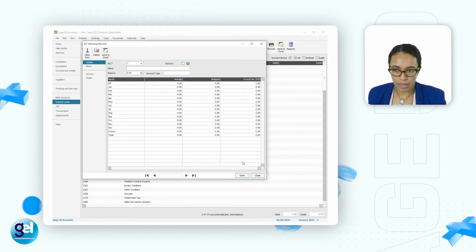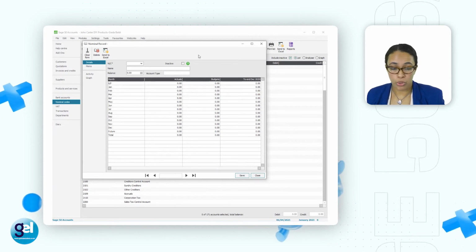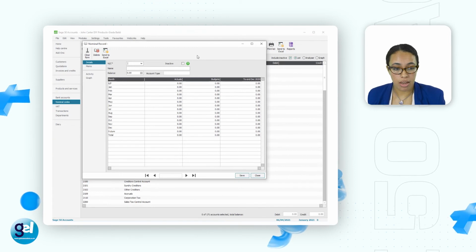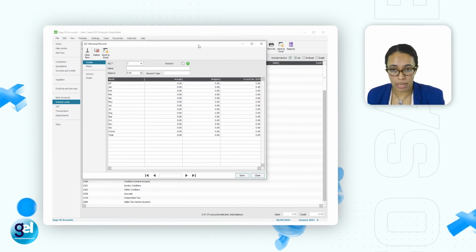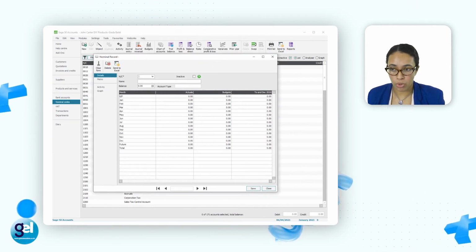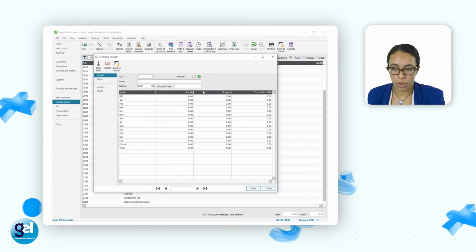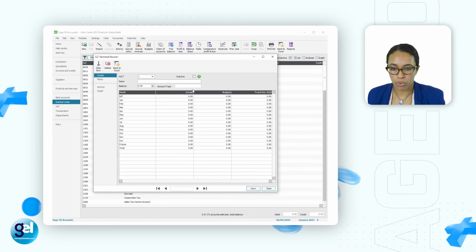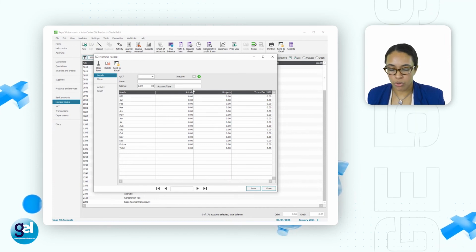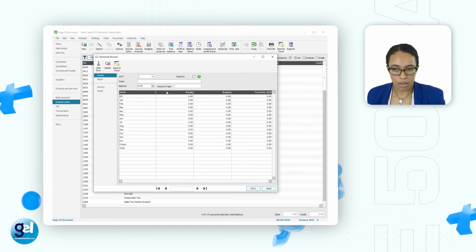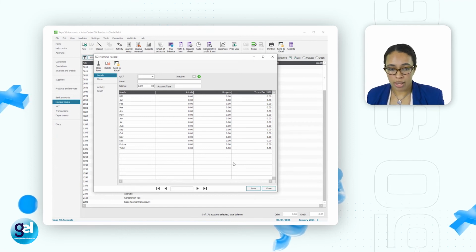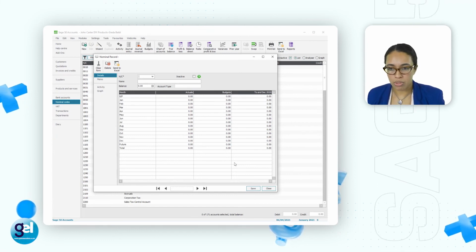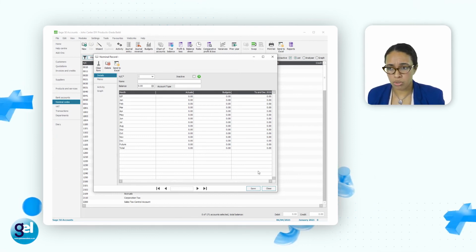So this is very simple, how you're going to create or edit a nominal ledger account in Sage 50. So nominal accounts, new, and then you either change the name or create a new one. Because we have finished creating or editing all the nominal ledger accounts indicated in the task, we can just close this window.